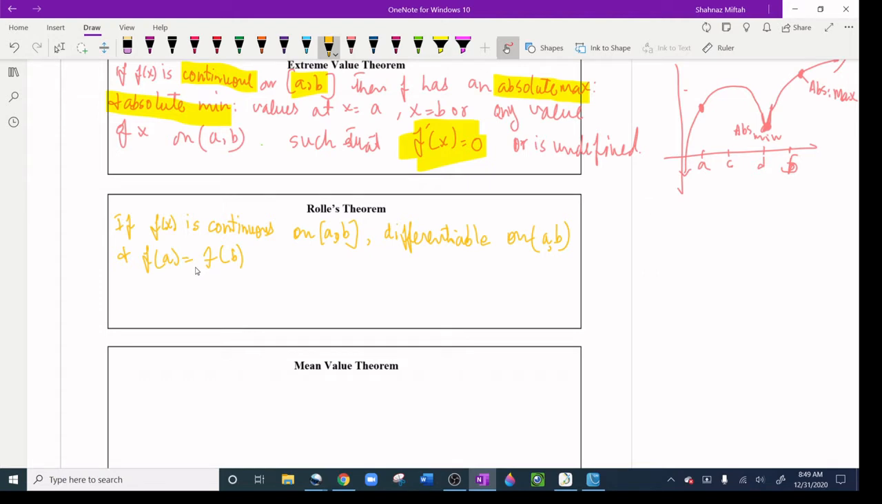one value of C on AB such that, what is the formula for that? f prime C is equal to 0. If you guys check, that was f prime x equals 0. This is f prime C equals 0. You're going to change the x to C. Okay, so this is what I got